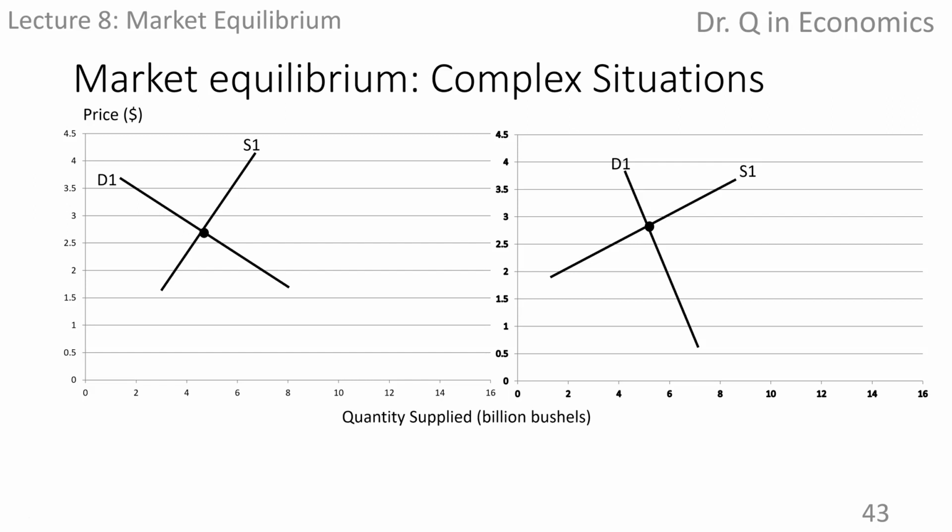The consequence of a change in both demand and supply simultaneously depends on the elasticity of demand and supply and the magnitude of the change. For example, if both demand and supply increase, there are a pair of demand and supply curves. The one on the left has a flatter demand curve, while the demand curve on the right is steeper. Let's focus on the left one first.